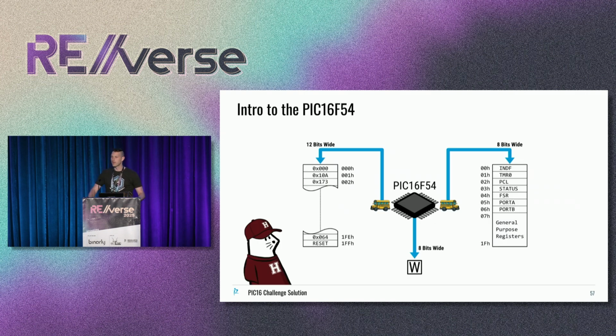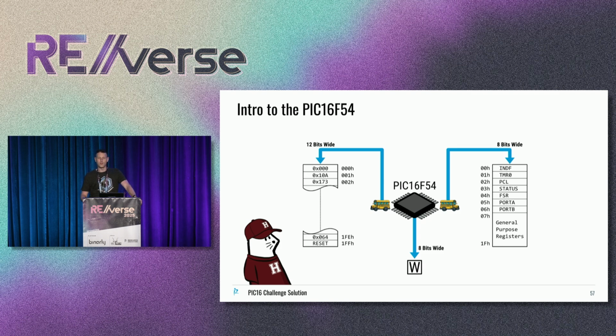So as we look at this, it is a Harvard architecture, and so has a separate bus for the instructions and the data, and it has a single register that we're working with, the W register or the working register. What is interesting is that each word in the instruction memory is 12 bits wide. So for every one increment in the instructions, we have 12 bits that we're actually accessing and decoding as the instructions. Whereas on the data side, they are 8 bits wide,